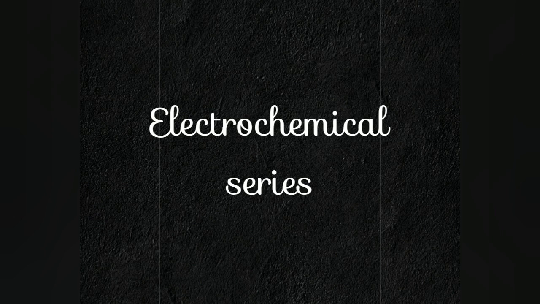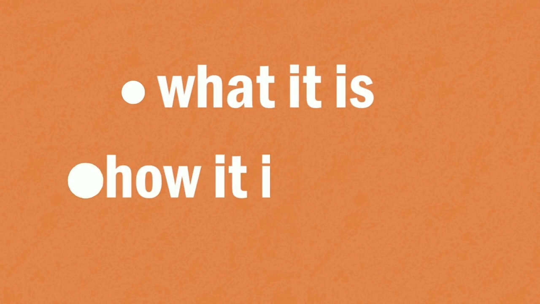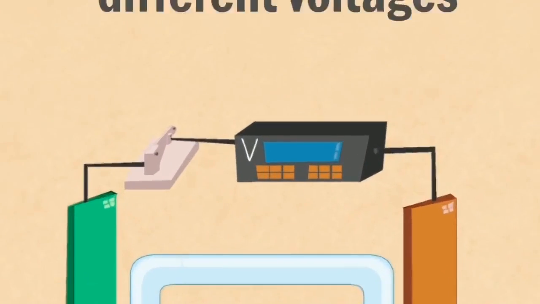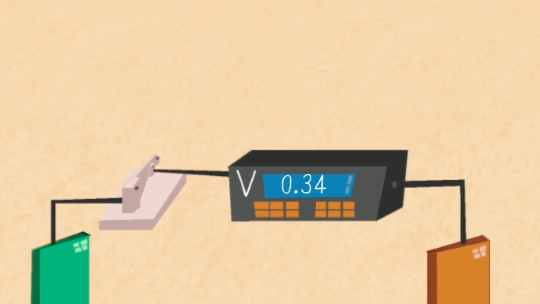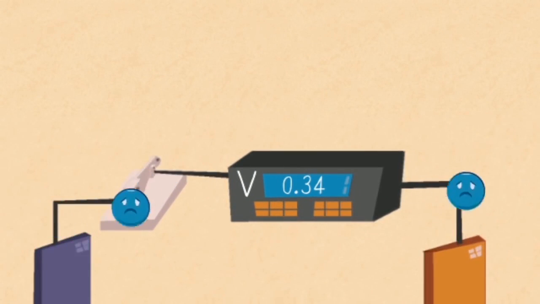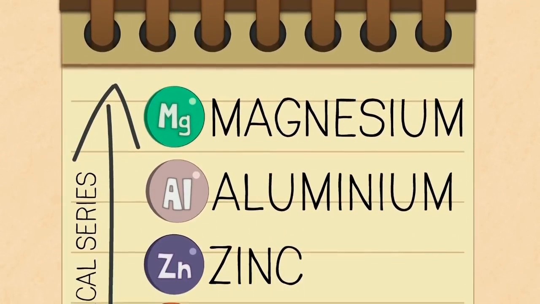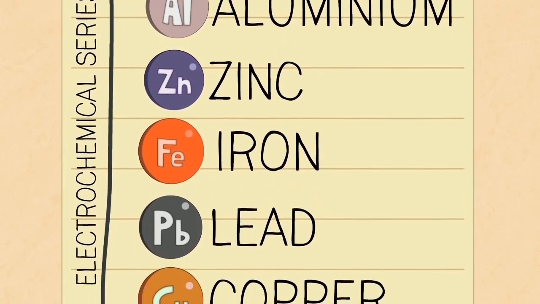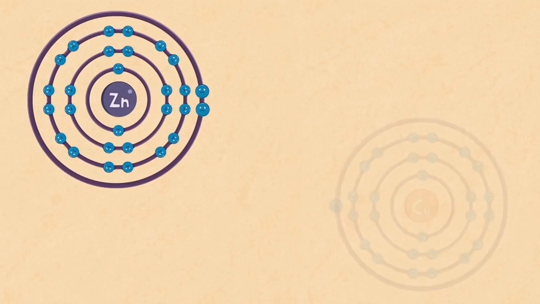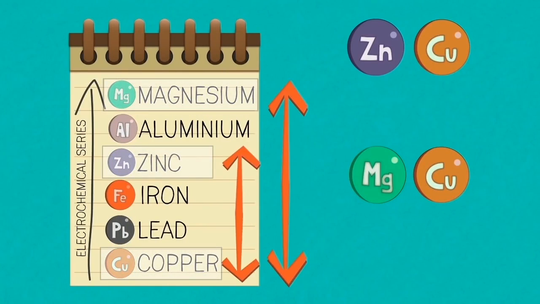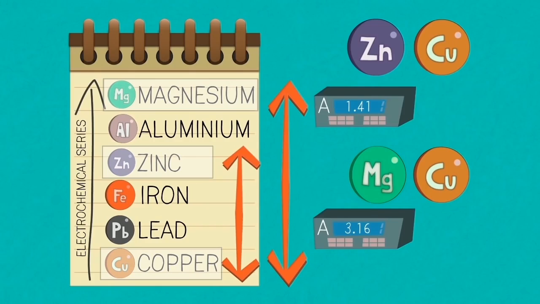In this part of the video, we are going to learn about electrochemical series, what it is, and how it is used. We know that the different combinations of metals produce different voltages, and this depends on how strongly the metal could force its electrons to move across a cell. The electrochemical series is a list of metals and other substances arranged in ranked order of how easily their atoms may lose electrons. The further apart the metals are in the electrochemical series, the higher the voltage is produced across